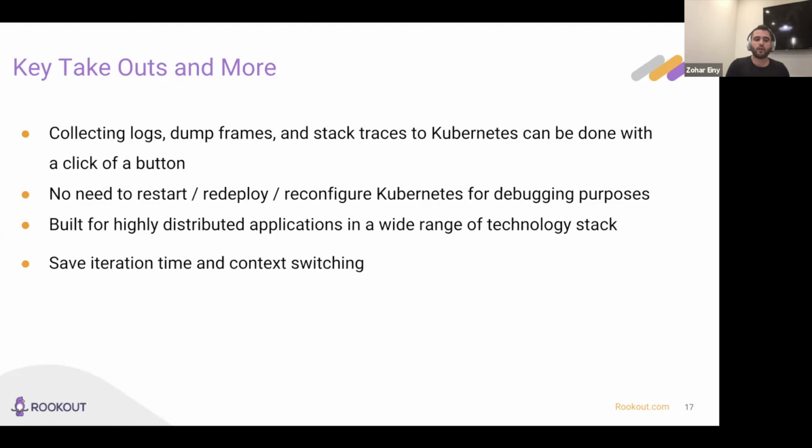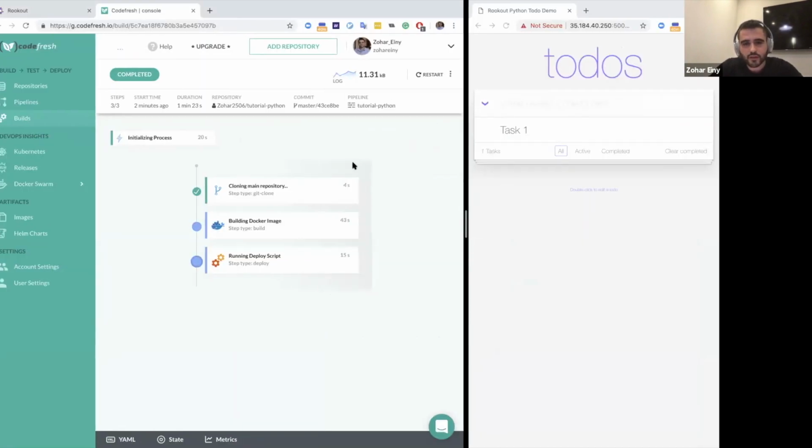So yeah, RooCode is built for highly distributed applications by using, as I said before, Node.js, JVM-based languages, and Python. And this should ease your life when it comes to troubleshooting and understanding how your code behaves while it's not on your own computer. So while my code is being deployed, I think we have 1 minute to talk about